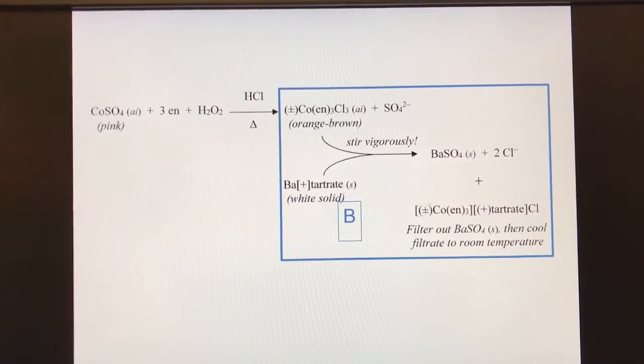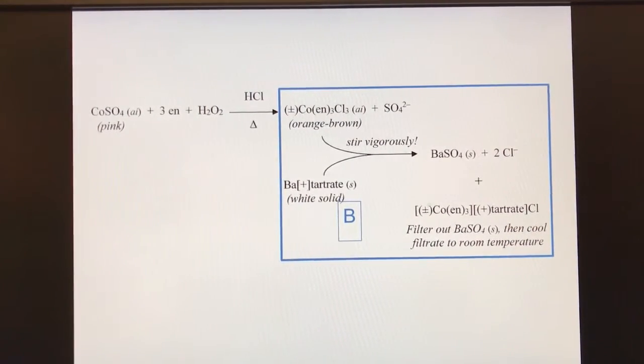And it does say in the manual that you might have to do it more than once. It might say twice, but I want you to keep in mind that it could even be more than twice. You will want to maximize your chances of getting good yield, and you will do that by getting rid of all this barium sulfate. The barium sulfate is a nice and silky, is the way I describe it, silky solid,